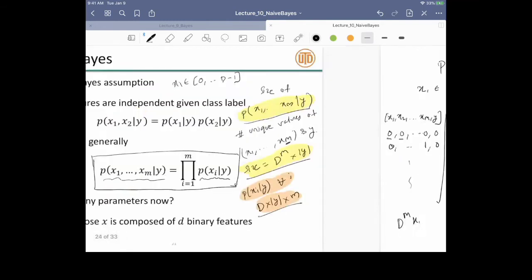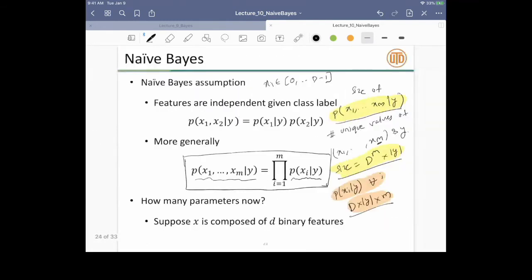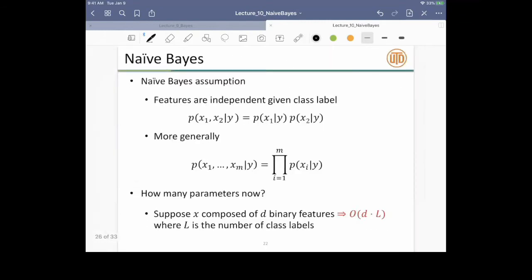Okay, so this is the question. How many parameters? Actually, I can kind of answer the parameters here. Maybe you can ignore what is there over here right now. First of all, this should not be d, this should be m, and maybe here this is k. So this is mk, but here I just assumed that I'm looking at binary features. If each feature is binary, then I just need to store the probability of xi equal to 0 given y. I don't need to store p of xi equal to 1 given y. So that's why I just need one parameter.